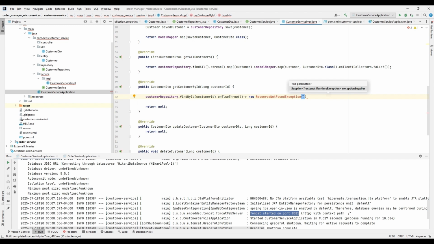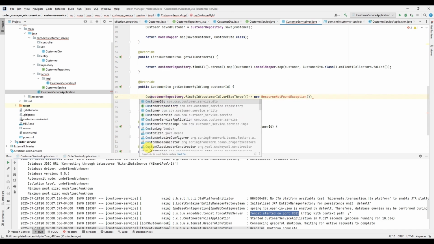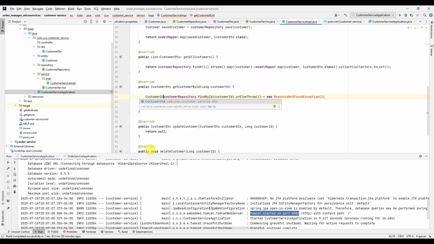To the constructor of this ResourceNotFoundException, we can pass a message indicating the customer with this ID does not exist in the database. If it returns a valid customer object, we can assign it,